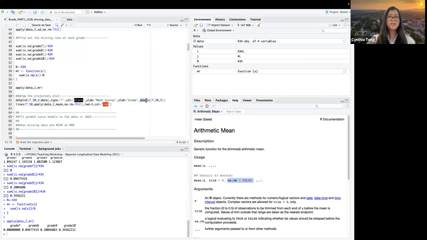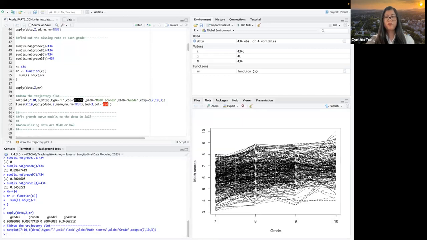And this axp argument just tells us I'm setting the labels of the x-axis from 7 to 10 with 3 equal intervals. That will make the labels for the x-axis be exactly 7, 8, 9, 10.